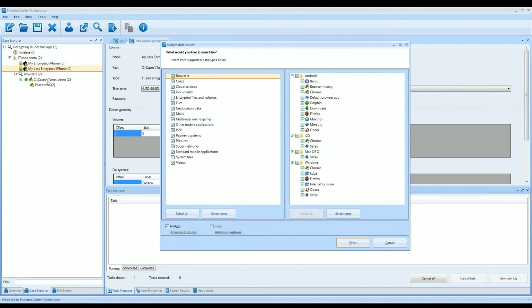Once the correct password is entered or automatically recovered, the lock icon turns green and you are prompted to analyze the backup. Belkasoft Evidence Center supports hundreds of mobile applications out of the box, so you just need to select which ones to analyze.